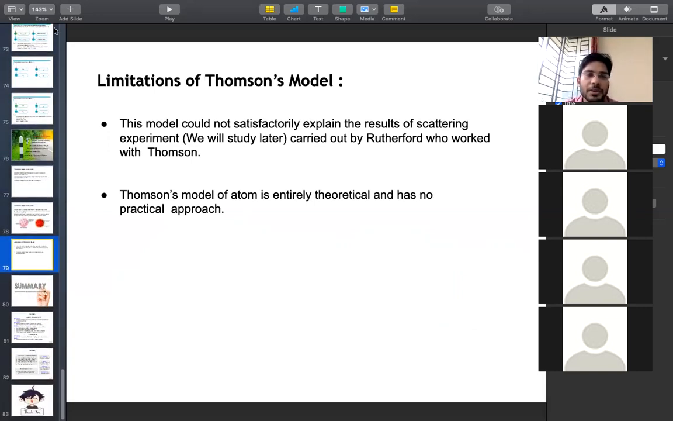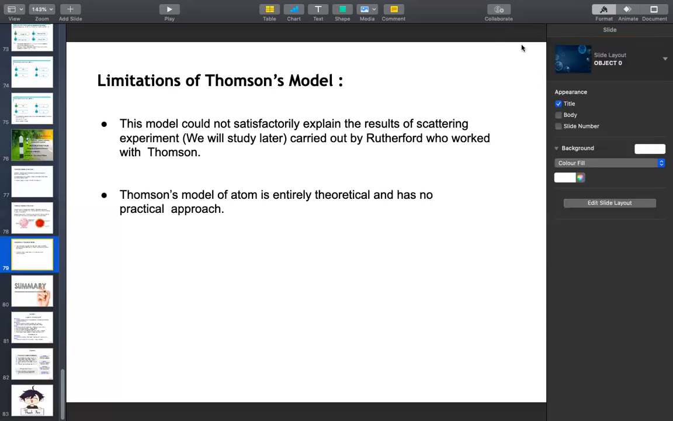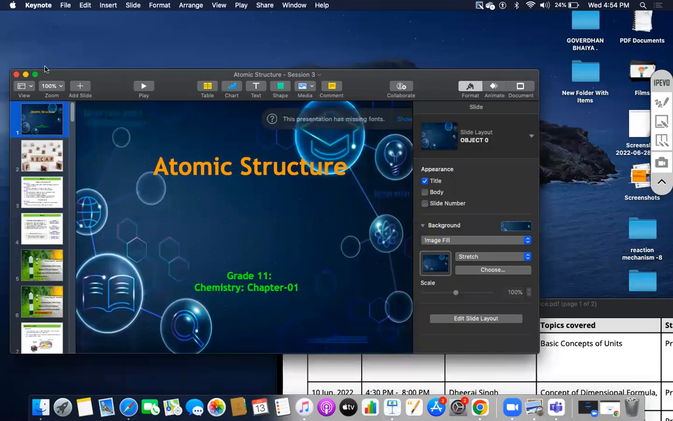Guys, still here? Any doubt? Yes or no? I am moving to the next atomic model, which was the Rutherford's model. Okay, so if anyone has any doubt till here, then ask. No doubts? If you have no doubt, then let us move to the next part. Just give me 1 second. Okay, so I hope you can see my screen now. Here is the